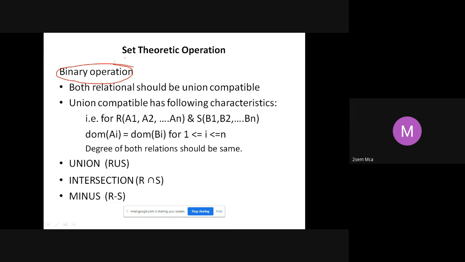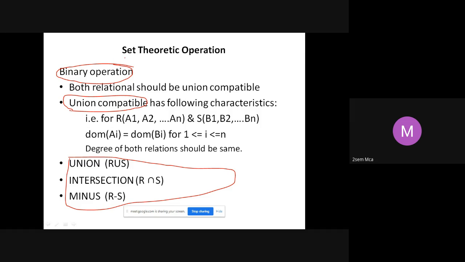Same thing applies here also. But instead of sets, we take tables or relations. Now, what is an important condition in order to execute these set operations? That is an important point that you have to understand before we go into these things. Union, intersection, and minus are very simple to learn, no doubts about that at all. But what you have to importantly learn here is, what do we mean by union compatibility?